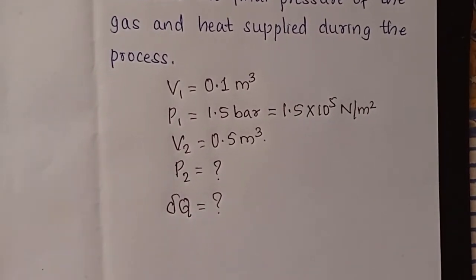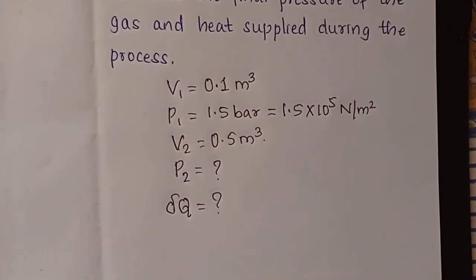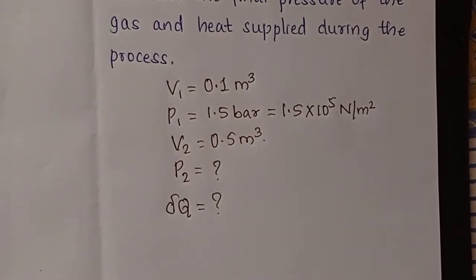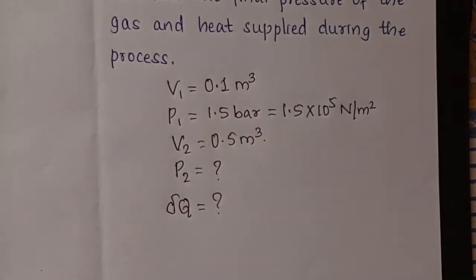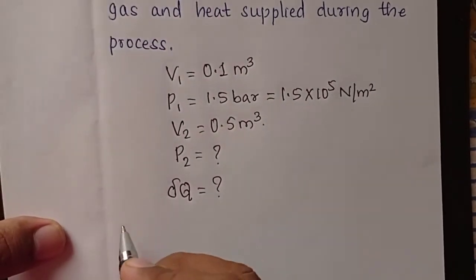Heat supplied during isothermal process is the same as work done during isothermal process. That we need to remember. I repeat, work done during isothermal process is same as heat added during isothermal process. Therefore, if you calculate work done during isothermal process, then it is understood that we have calculated heat supplied during this process. So let us take up first one, PVT relationship.